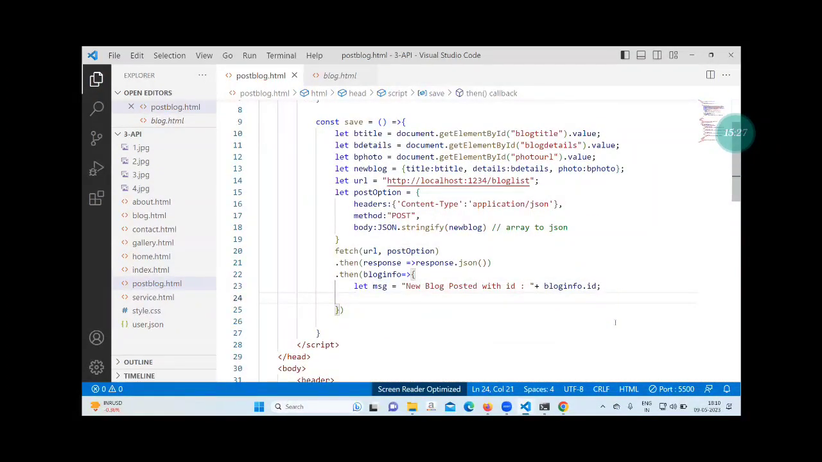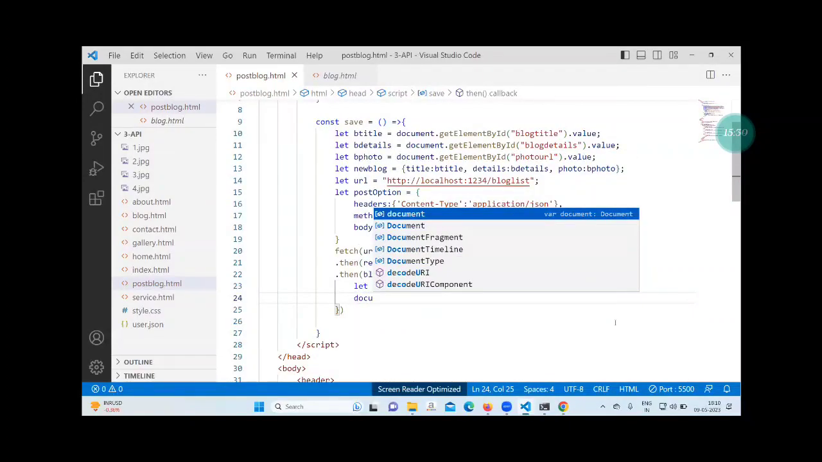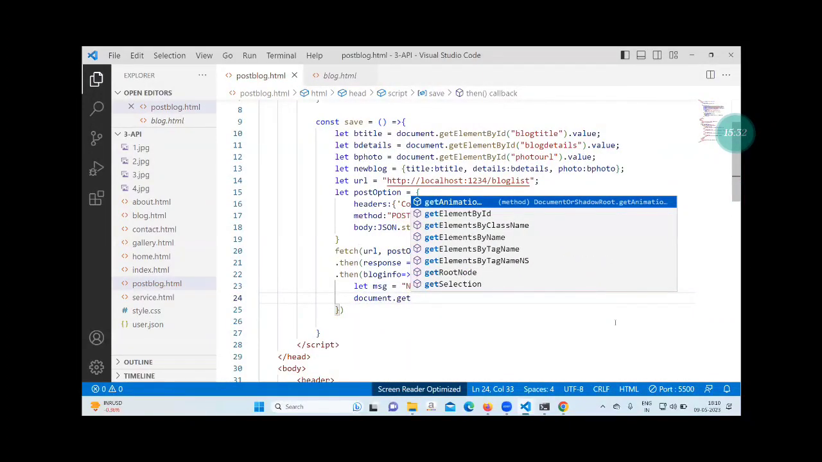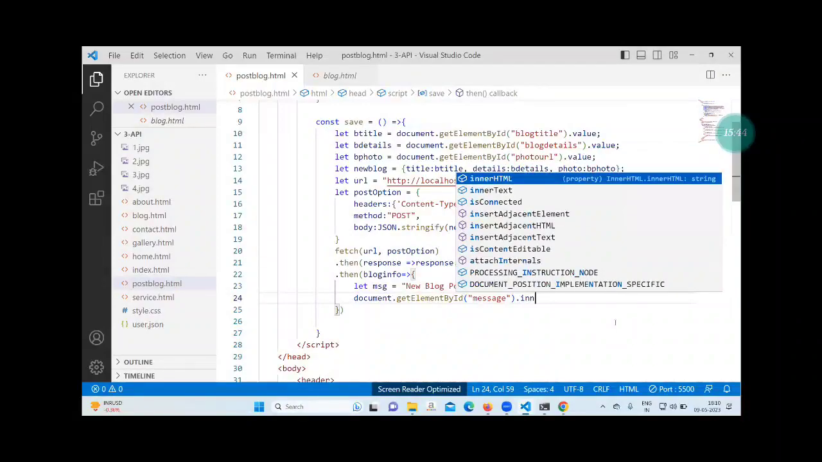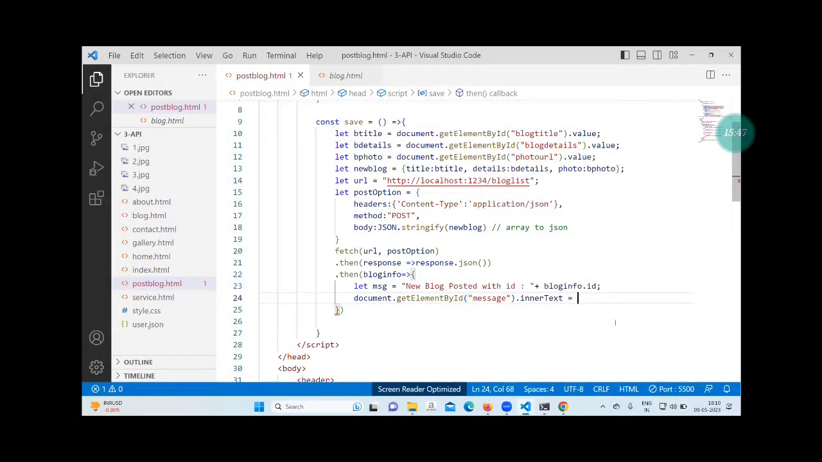Then after that, document.getElementById, which id? message, .innerText equal to message, message.innerText equal to msg. So this is the complete set of code that you require every time to post the data to the backend